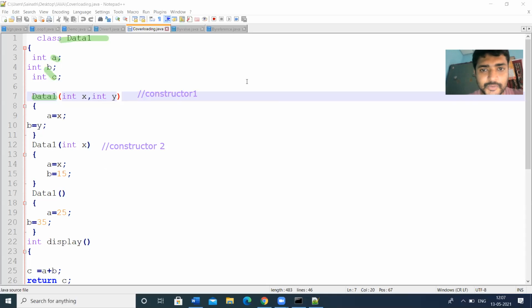Here the constructor name is the same, Data1, but here he's passing only a single parameter, whereas the first has two parameters. Here a is equal to x, he's initializing the a value to x, but he's initializing the b value to 15. So this is constant for the entire program.